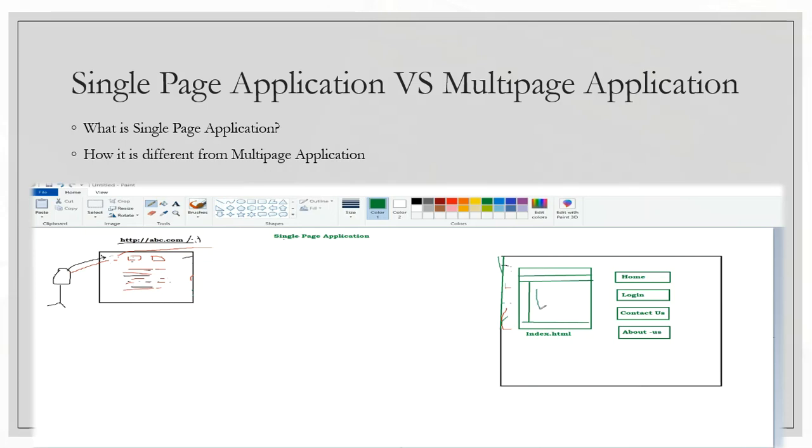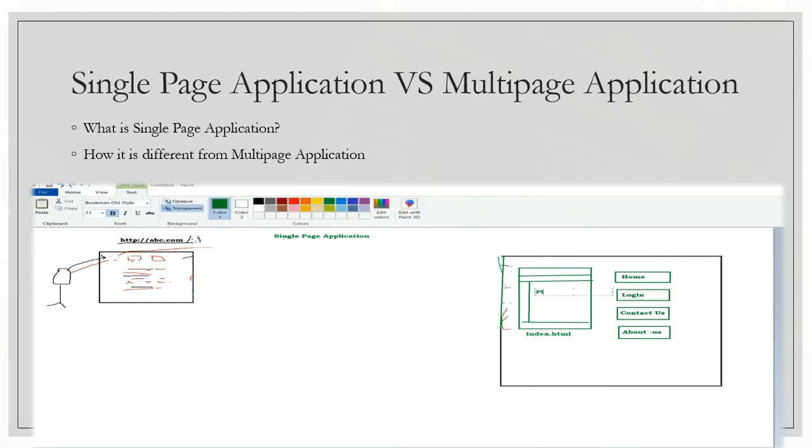And this place is the place where our other page content will be shown. So we are going to use some placeholder here. This placeholder is going to be replaced with the content of these pages.